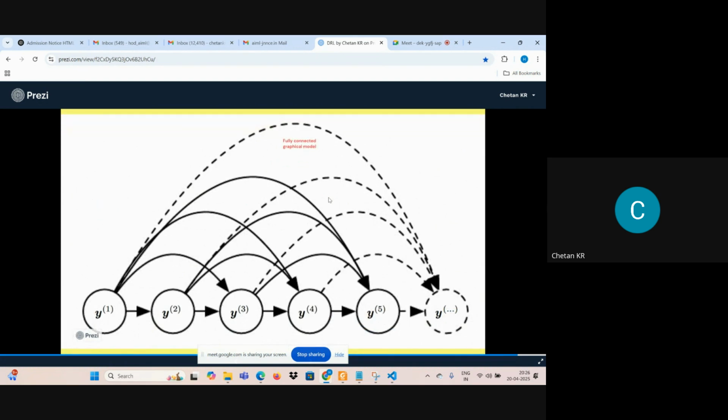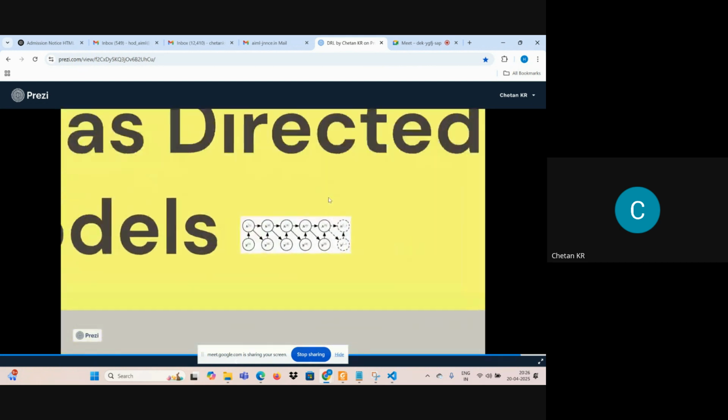But this is a very unscalable and infeasible solution. Practically, it is very difficult to compute, because as the number of outputs increases, a fully connected model becomes very difficult to implement. Therefore, they have gone for a much more efficient model